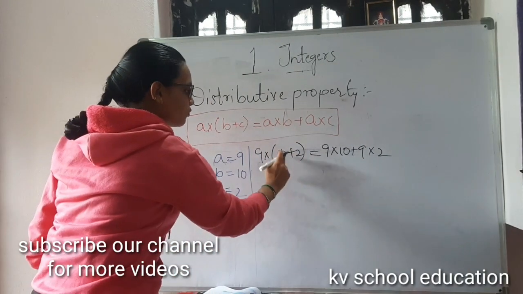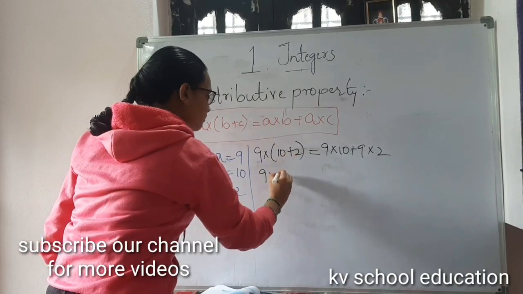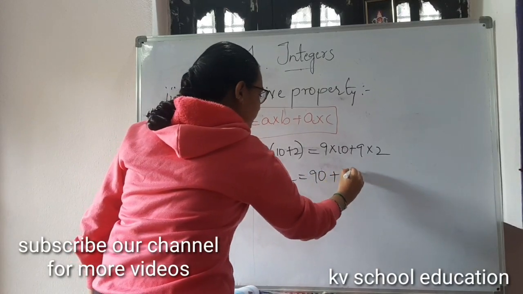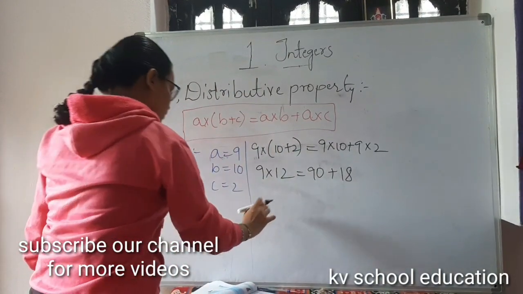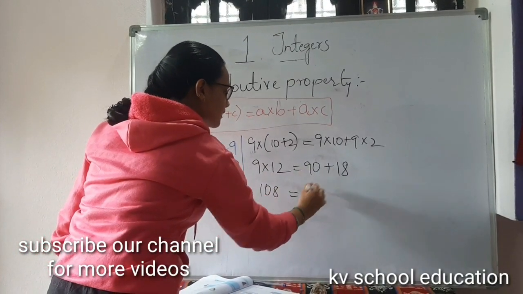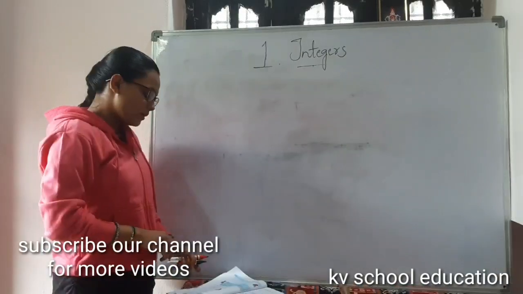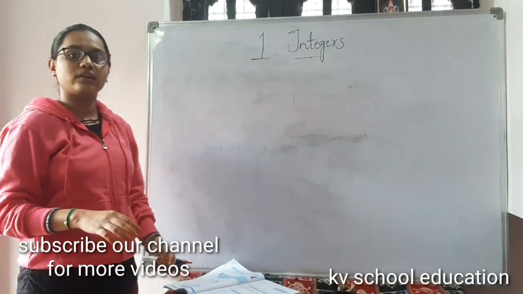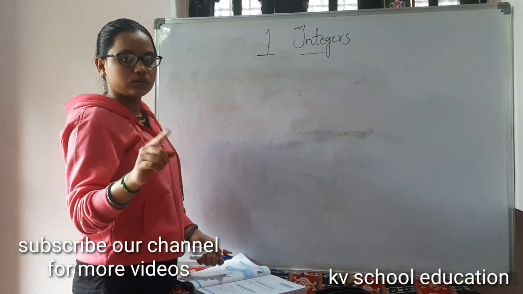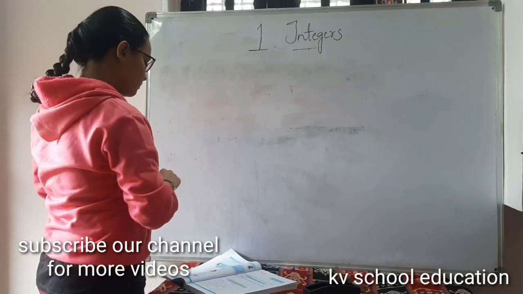Okay. First we need to solve the bracket. So what is that? 10 plus 2 is 12. And 9 tens are 90 and 9 twos are 18. It's completed. So here what we'll get? 12 nines are 108, and here 90 plus 18 is also 108. So this satisfies the distributive property. So multiplication distributes over addition is always true for every whole number. Whole numbers start with 0, 0 is also a whole number. So now we will see the multiplicative identity.